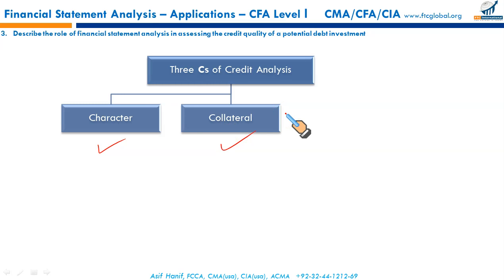Is there any collateral against this debt? Collateral will reduce your risk. You are the lender, so if there is collateral against the debt, then risk is reduced. In case the firm doesn't pay interest on time, you have the legal remedy to go to the court of law, and if you succeed in this effort, then that collateral will be liquidated and the bondholders will be given their due. So collateral will reduce the lender's risk.